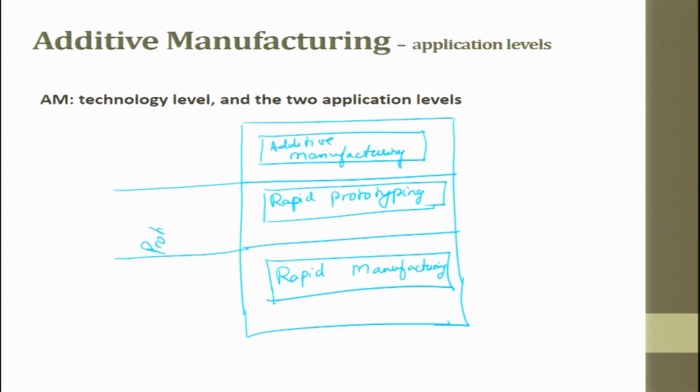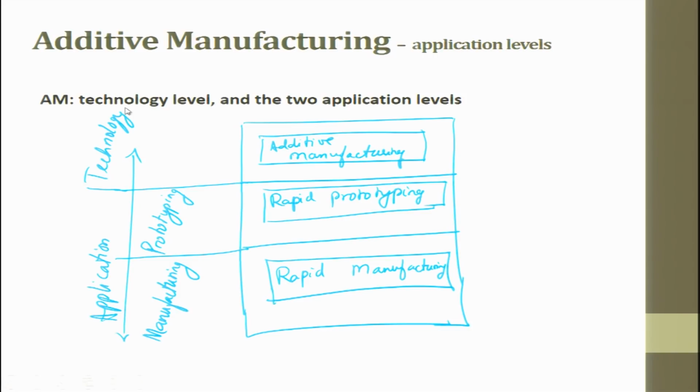So, here we have prototyping, here we have manufacturing. This is technology. So, this schematic diagram is given by Gebhardt, from the book Understanding